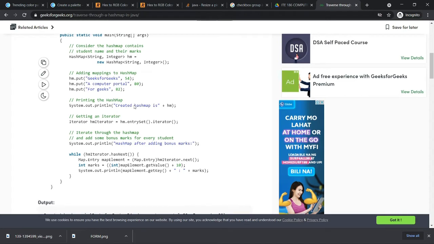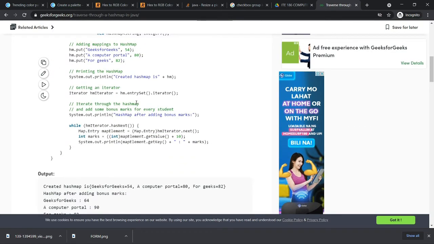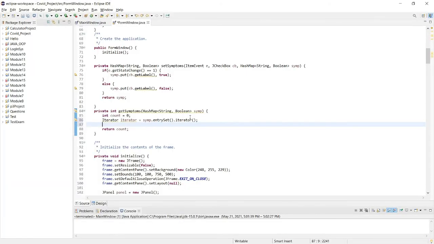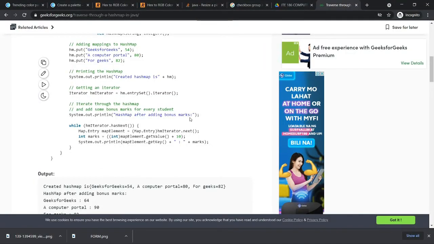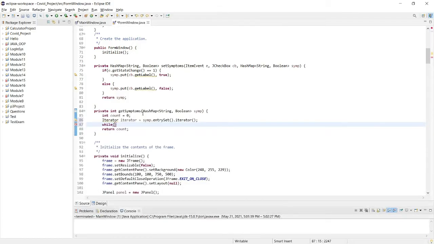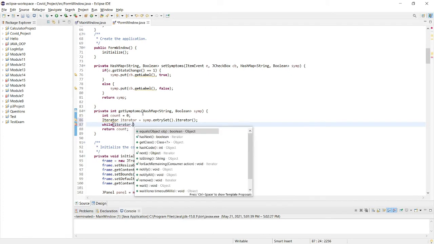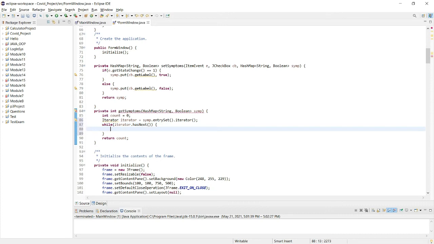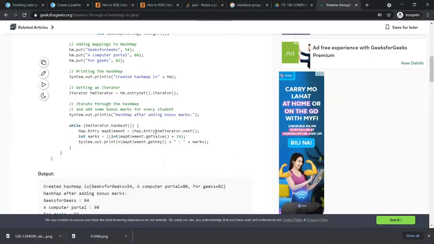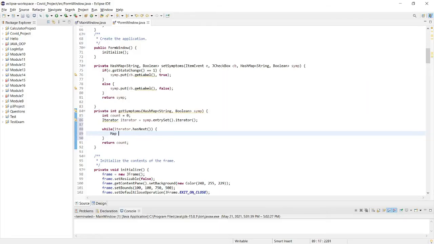Then while iterator has next, then Map.Entry,